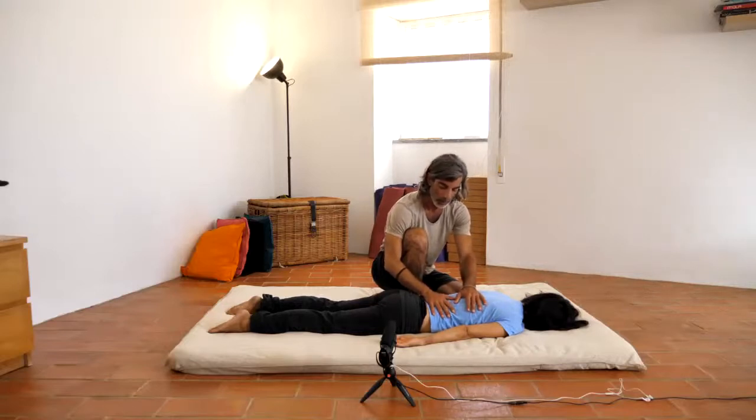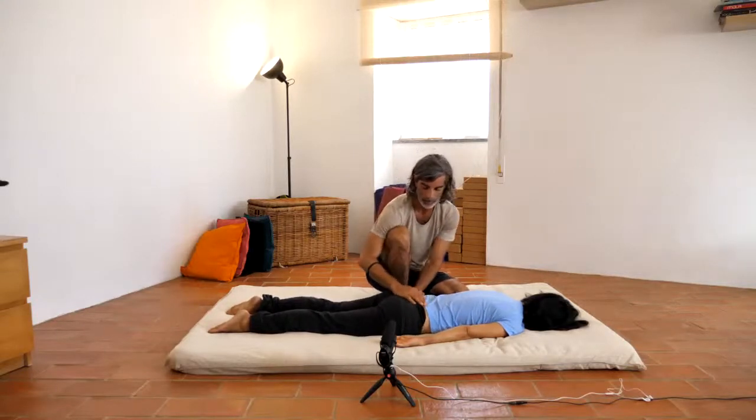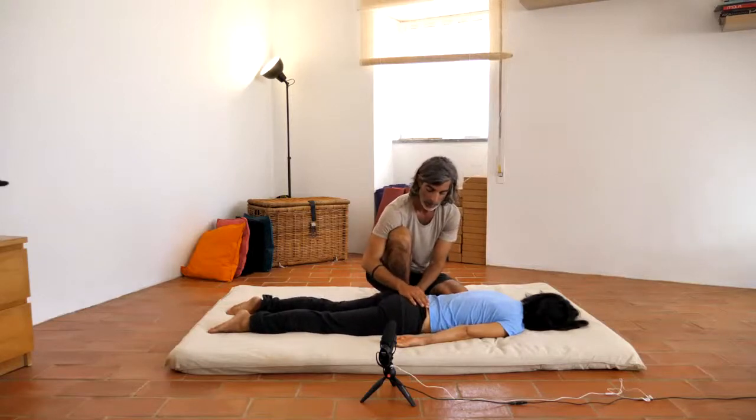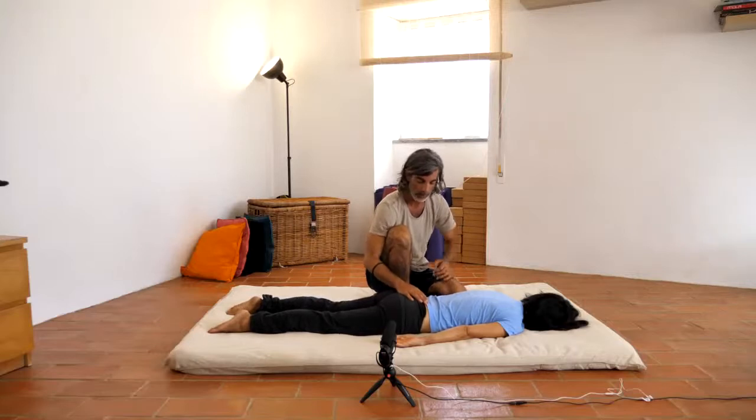Once you feel this first getting to know each other and establish a sense of contact, I'm going to start rocking her a little bit. You can do it with two hands, depending on the size of the person and how round they are in the front. Or maybe if you get a hold of her hips, one hand is enough, depending on size, and everybody has their inherent rocking movement in them. And then I'm going to use the other hand to support the rocking